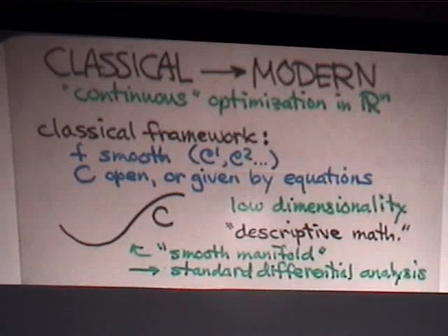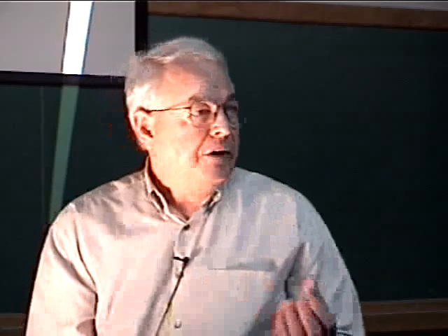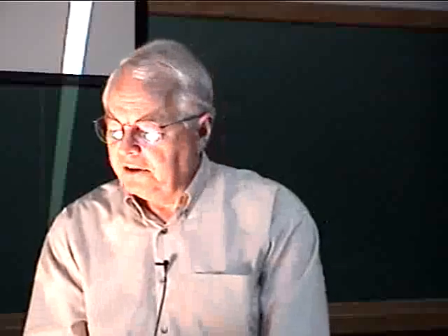Another thing about this classical framework, which fits the idea of maybe identifying some candidates for solutions and eliminating them, is this low dimensionality. I remember when I was a student, back in the 50s and 60s, I would look at older papers, say from the 30s, and a lot of the things in those days were written in 2 or 3 dimensions. Somebody wanted to explain something. They thought it was enough to explain it in 2 or 3 dimensions, and then somebody wants to extend it to higher dimensions. All right, well, maybe it could be done. It just wasn't in the concept of working in higher dimensional spaces. And we'll see in a moment that optimization is characterized by very high dimensions, if not infinite dimensions.